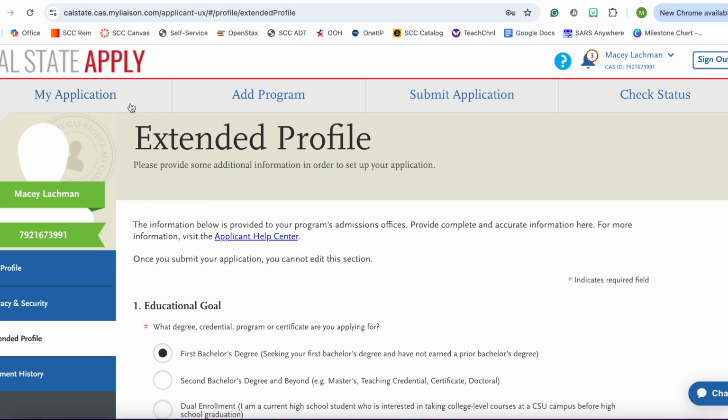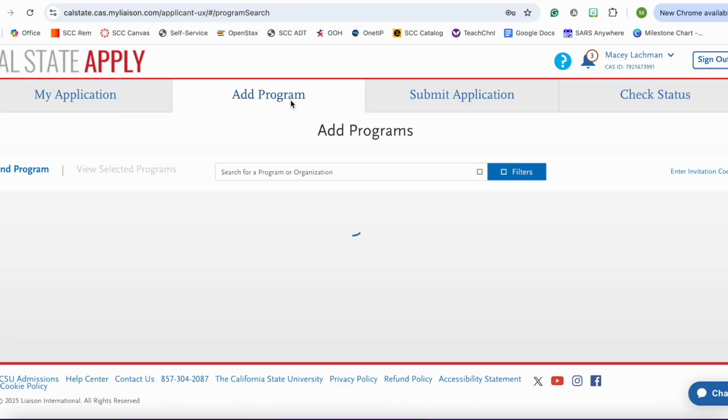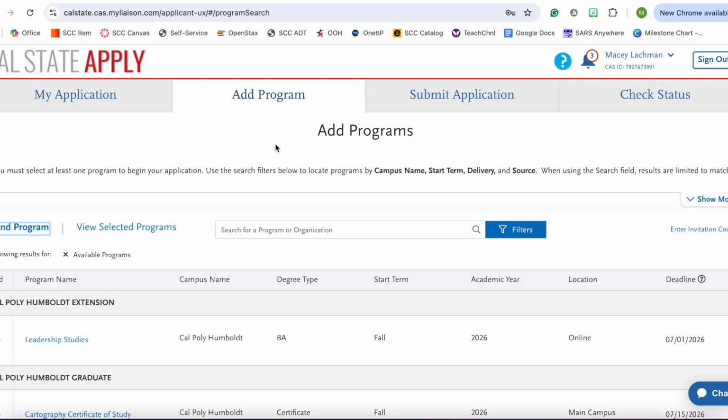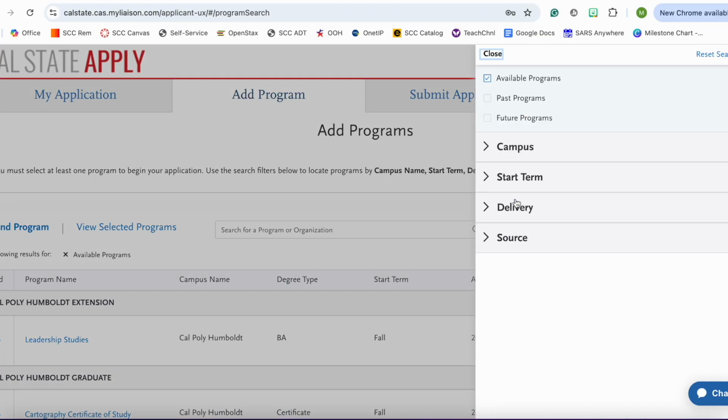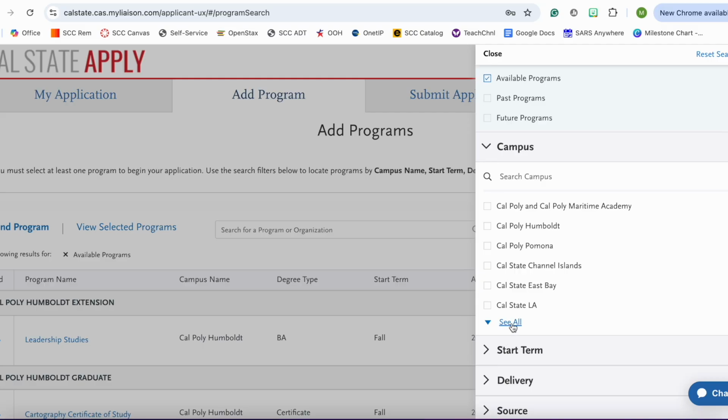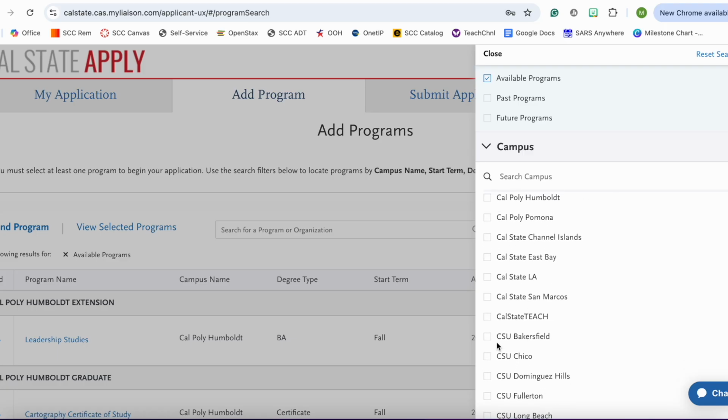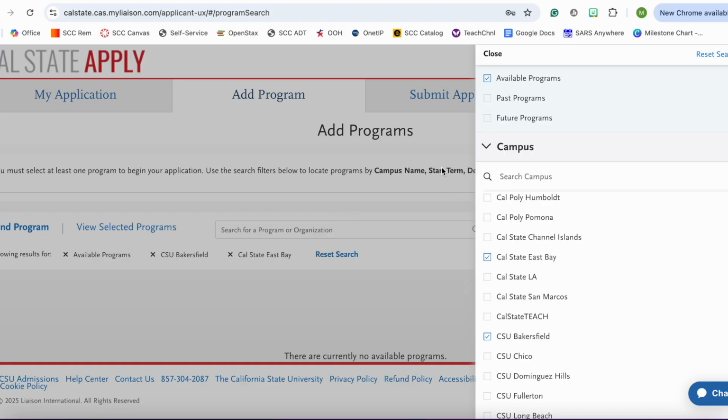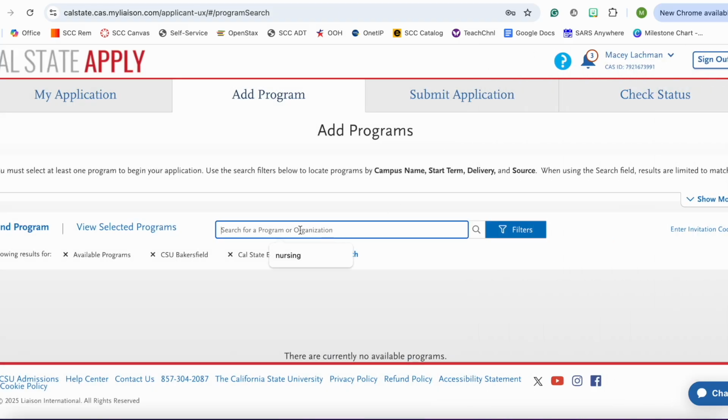And then the other thing that you'll need to do when you first make the application is you'll be prompted to add at least one program to apply to. When you're on the Add a Program section of the application, you can get to it from the tabs across the top of the landing page. My advice is to use the filters tool when you're searching for programs and select the campuses that you're interested in. That way it's not just this huge giant long list of different schools, so you can select the majors you're interested in by first choosing the campuses and then typing in the major, and it'll pop up some options